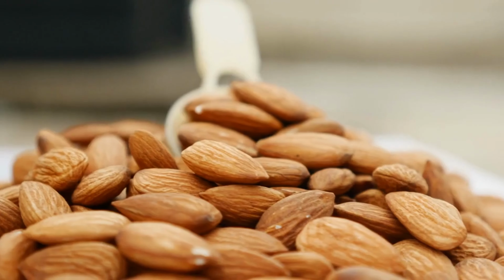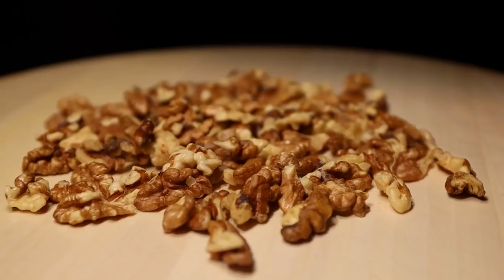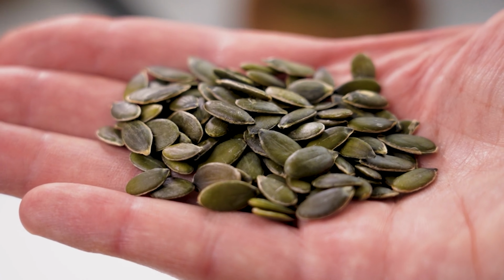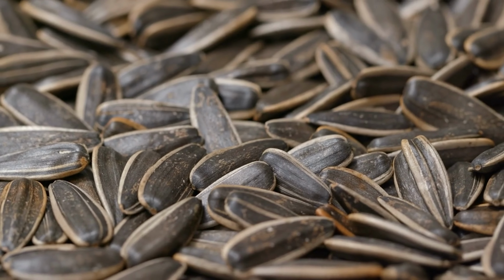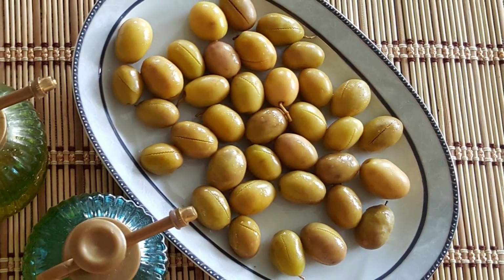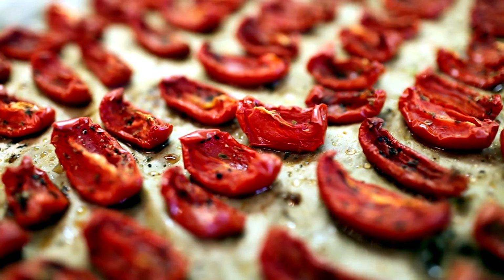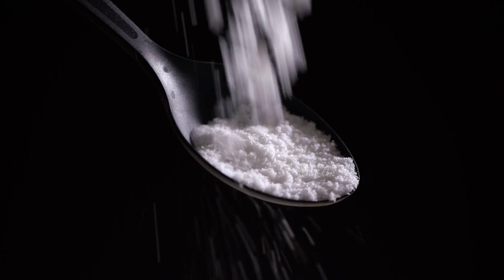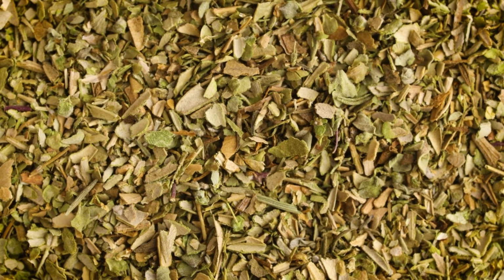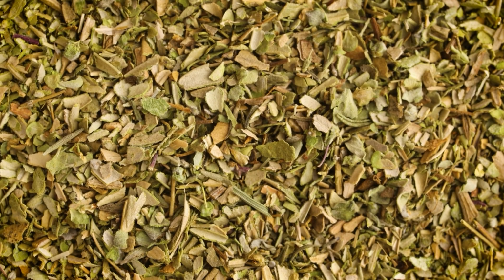Ingredients: 1 cup almonds, raw or roasted, 1 cup walnuts, raw or roasted, 1/2 cup pumpkin seeds, raw or roasted, 1/2 cup sunflower seeds, raw or roasted, 1/2 cup dried olives, pitted and chopped, 1/2 cup sun-dried tomatoes, chopped, 1 teaspoon sea salt, adjust to taste, 1/2 teaspoon black pepper, optional, 1 teaspoon dried herbs, such as thyme, oregano, or